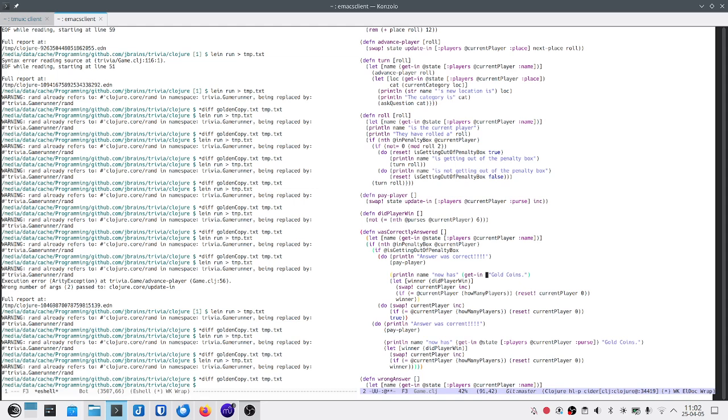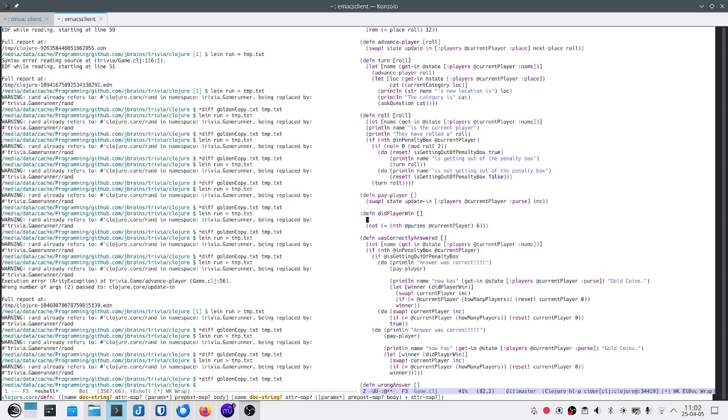So get in state players current player purse. That needs to be a key. Okay, and then we just have to do did player win by doing the same thing. Get in state players current player purse